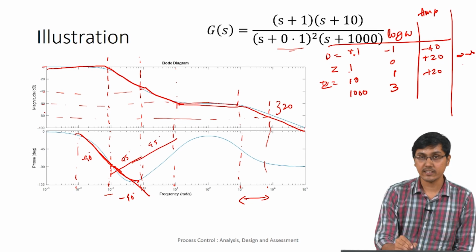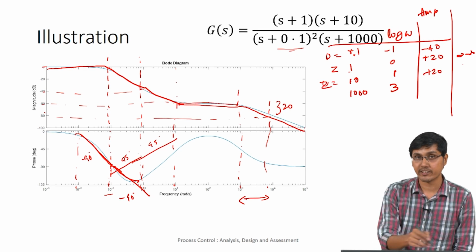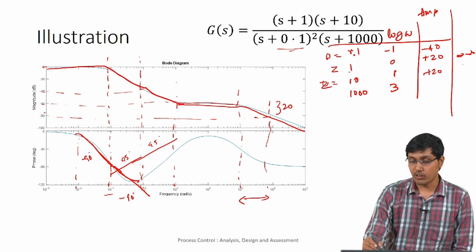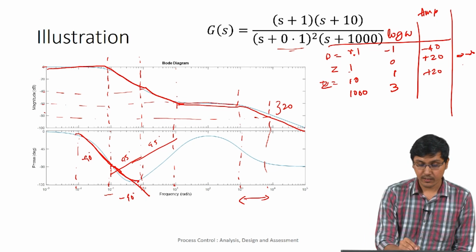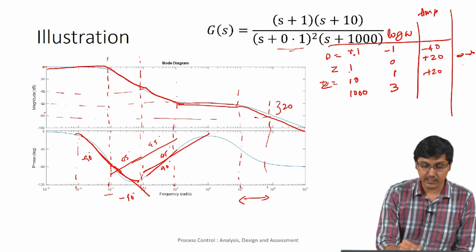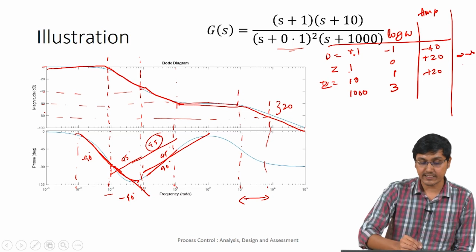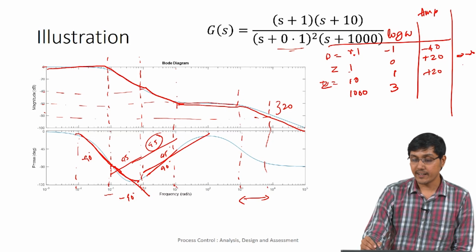So the two things are, one decade before and one decade after is what the pole will have effect on the phase angle. So now when it is equal to 10, again it is a 0. So again here it will be trying to rise at the rate of 45 degrees. If you can see here, this angle here will be 90 degrees. In this there is a 45 degrees contributed by this 0 and a 45 degrees contributed by the other 0 at this point. So at this line this will be an increasing phase angle of plus 90 degrees.